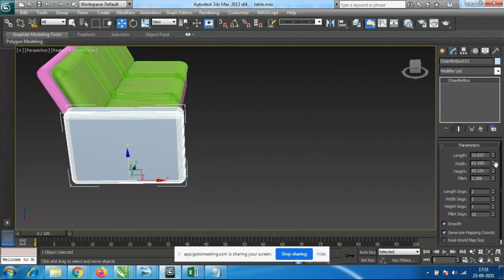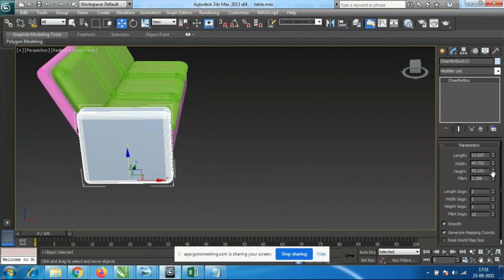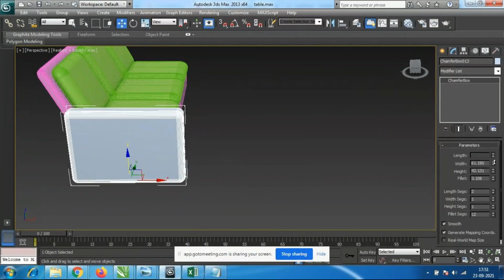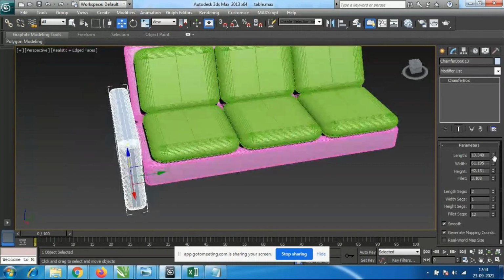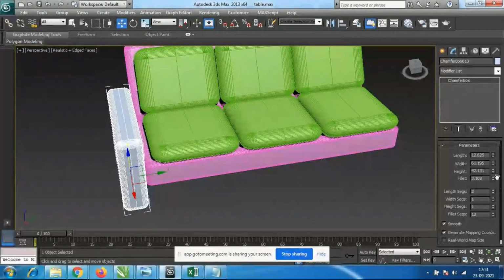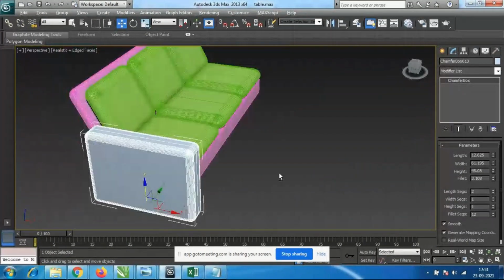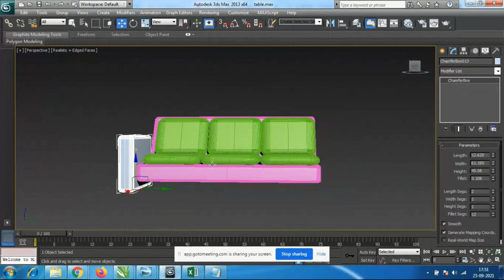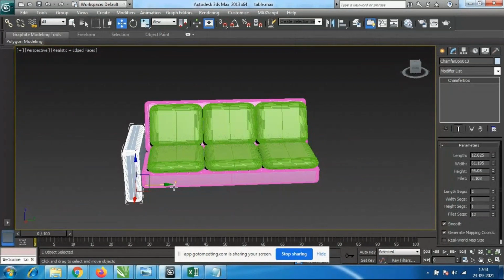Width, length, thickness, how much ever you want. So it will come like this, and the height. Okay, see, if one design is finalized, then I'll take the copy of the same thing.